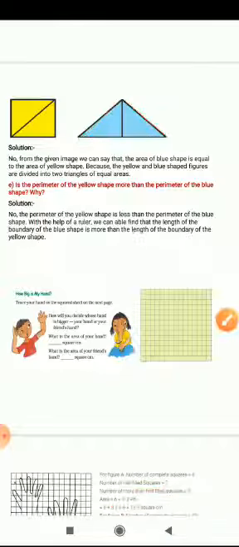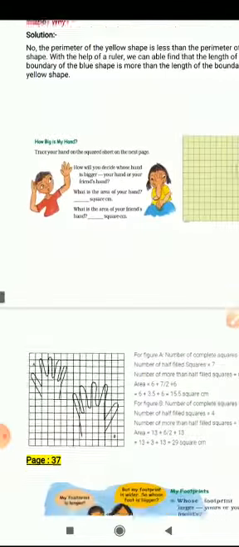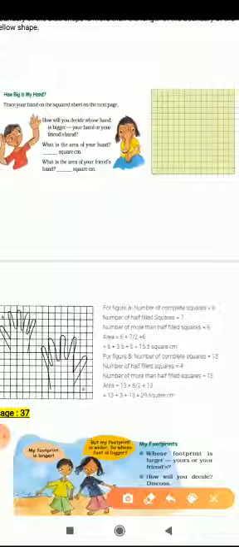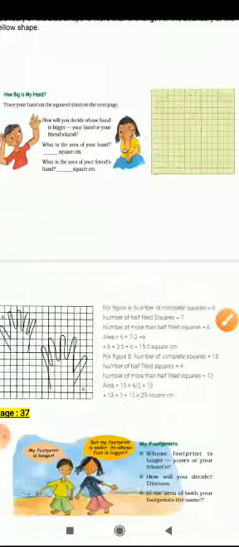Let's move forward. How big is my hand? Trace your hand on the square sheet on the next page. In this question you have to trace your hand on this squared sheet that is given here. You have to keep your hand on this sheet and draw it. I am drawing a rough diagram so you can understand how you can draw your